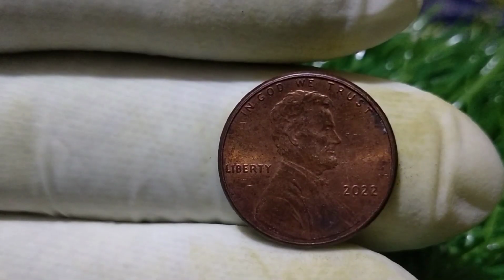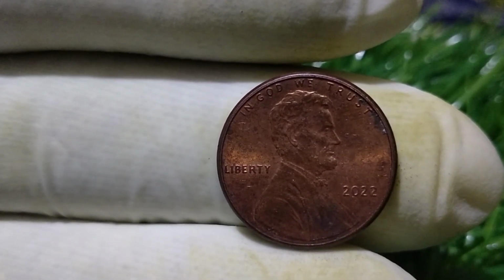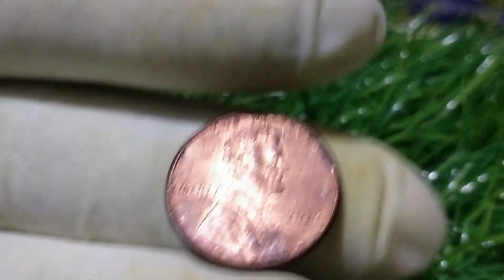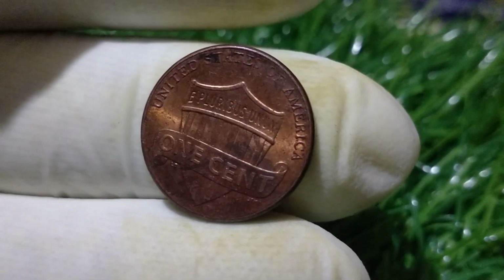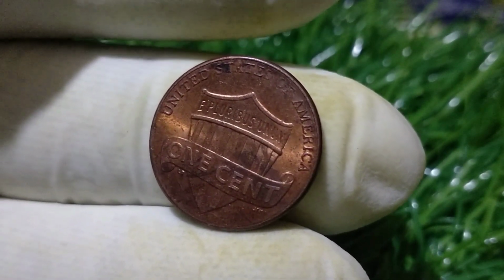And in the world of collecting, story is everything. It adds a layer of romance and adventure that money alone cannot explain. Which is why a $7 million valuation on a 2022 cent makes perfect sense when you consider the narrative that